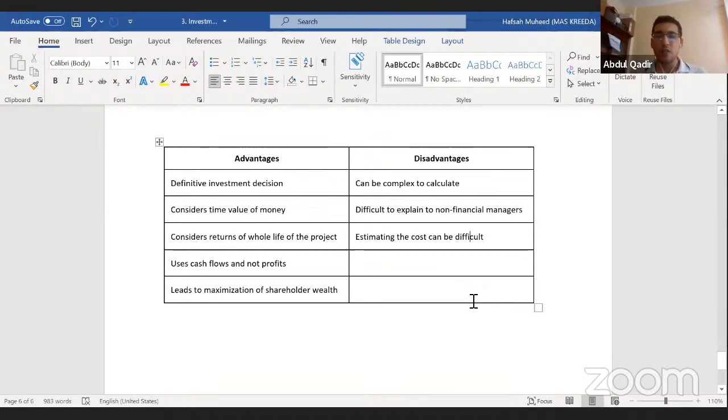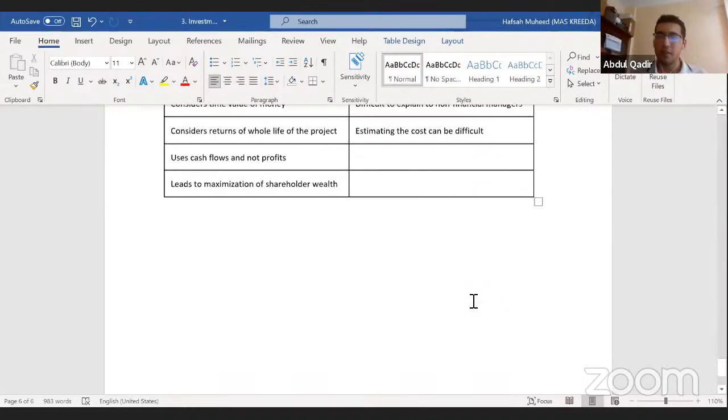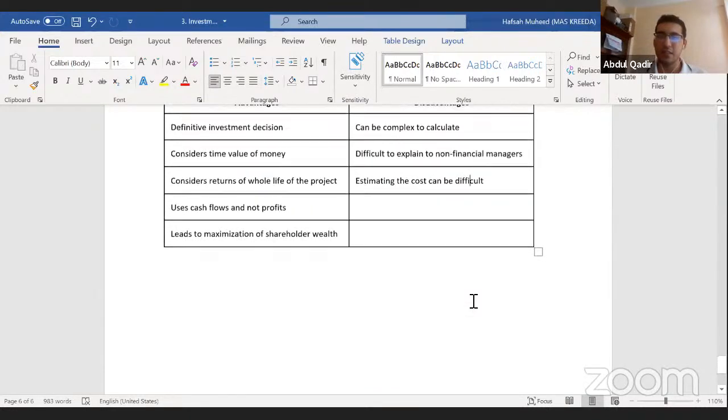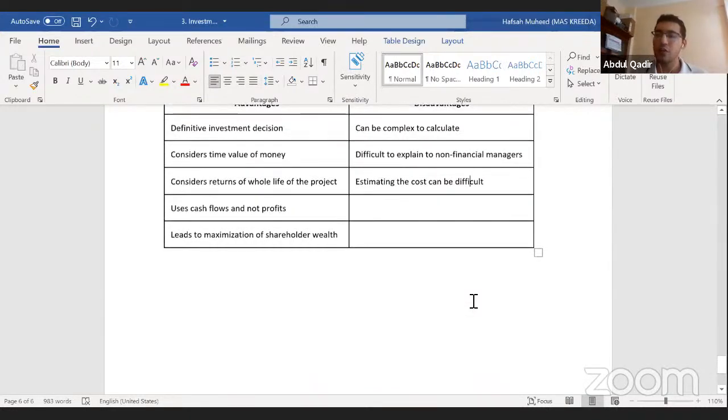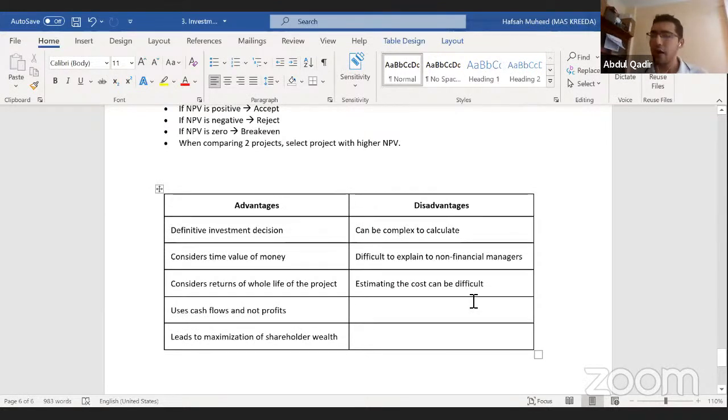Are you guys okay with this? Any questions until now? Please feel free to unmute or type in the chat. Are you guys okay with everything we discussed until now? Then we can move on to the past papers. I hope you all have past papers from 2011 to 2020. You are about 2 months away from your exams, so I hope you have your past papers, right? I'm not getting any messages on the chat, so I'm assuming you guys are okay with it. So we'll move on to the past papers, right?